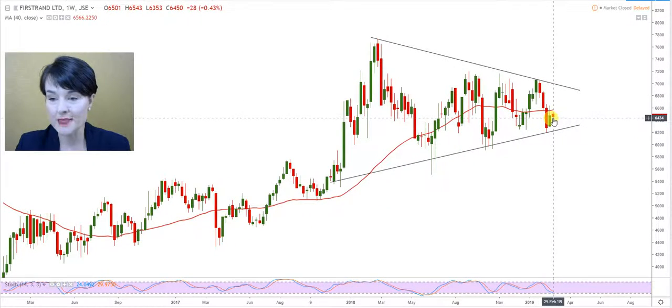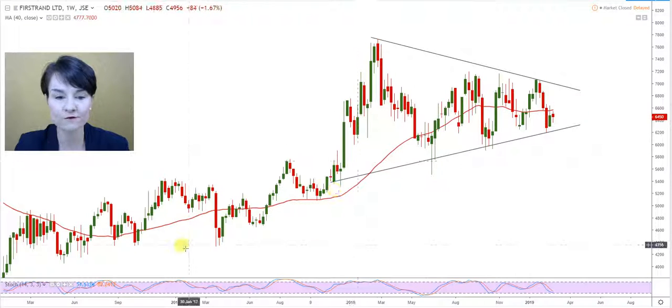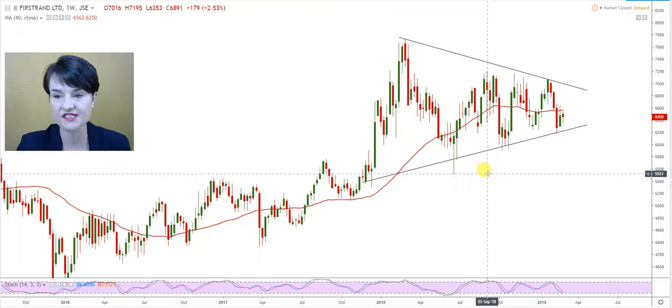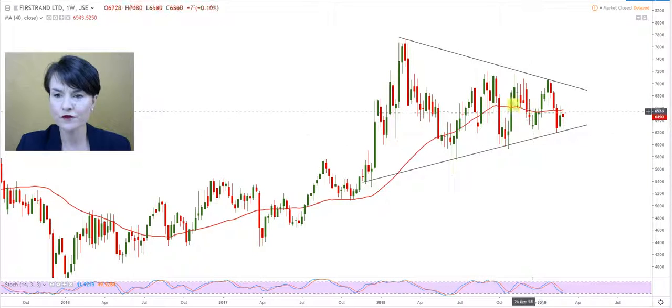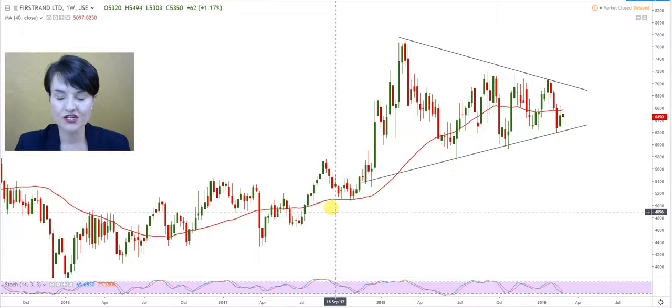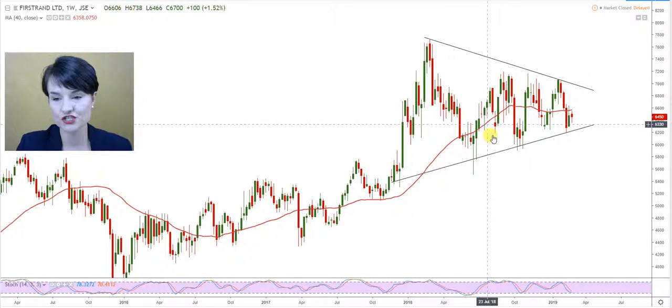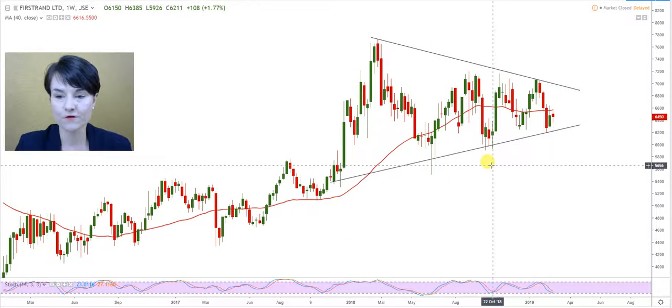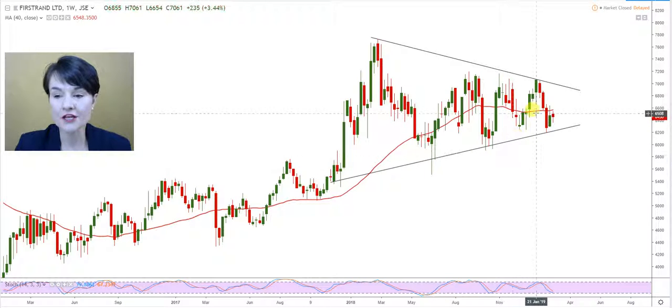Now it's trading at the moment below it, and that 40-week moving average is waiting at 65 Rand 66. Why are we looking at a 40-week moving average, and why is it so important on a weekly graph for medium to long-term investors? The 40-week moving average is the average closing price of the share on a Friday over the last 40 weeks. So that gives you the overall trend of the share, and the barometer for medium to long-term investors is if the share starts to consolidate below that 40-week moving average,